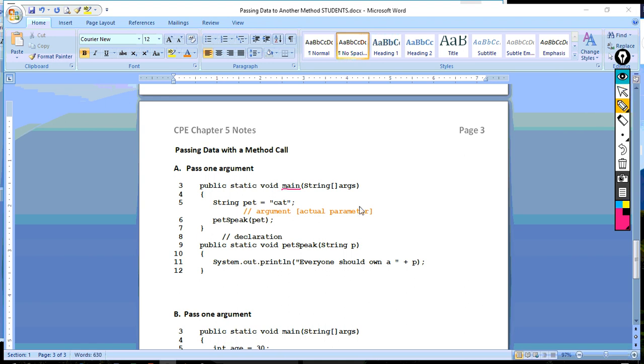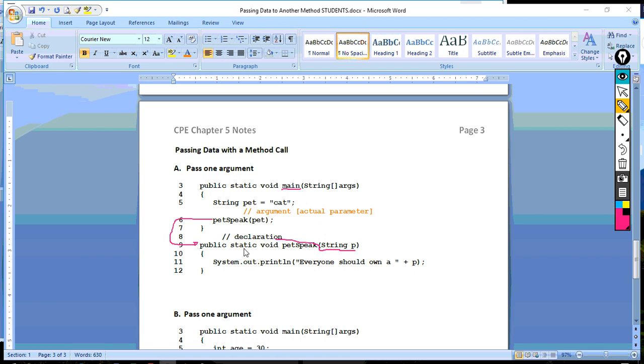String P, data type and variable, is called a declaration. The purpose of knowing that is that when petSpeak is invoked, when it's woken up by the method call that says, hey, petSpeak, wake up,